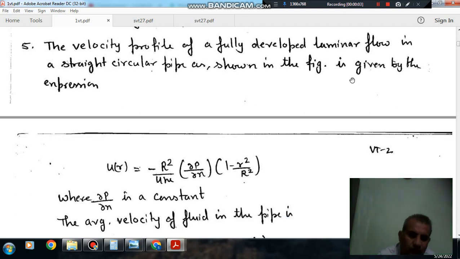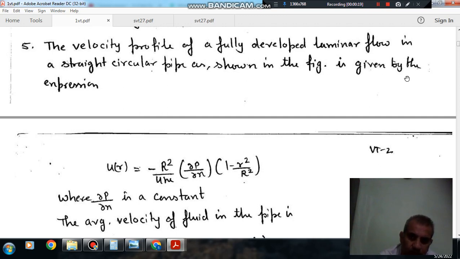Hello, welcome again. We are solving some questions of fluid mechanics and machine. The topic is viscous and turbulent flow. Question number 5: the velocity profile of a fully developed laminar flow in the straight circular pipe, as shown in figure, is given by the expression